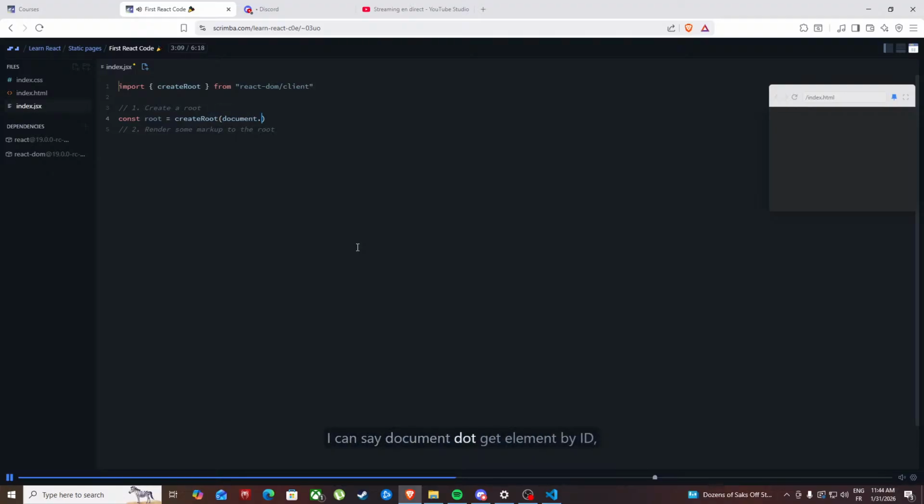I can say document.getElementById, for example, and pass in the ID of root. And now that I have a so-called root, I can call a method on that root called render. Again, I know we're moving quickly. I'm just doing this so that we can get your hands on the keyboard, and then we'll come back and practice this and revisit it, so don't be too concerned about that. Okay, so what do I pass to the render method? Well, this